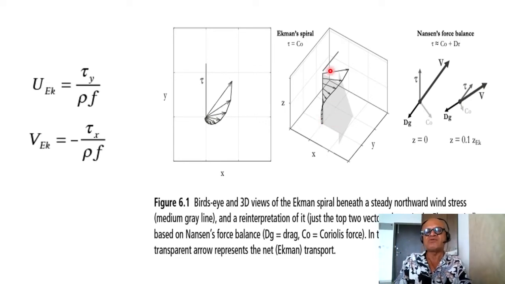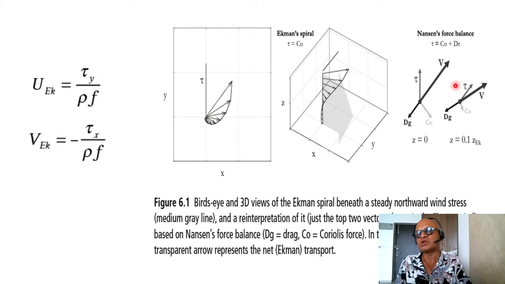Right, so if we integrate the currents over this depth, then you get Ekman transport, wind-driven transport, which is at right angle to the direction of the winds. Nansen had also used a drag, so you have winds in this direction, and there is the Coriolis acting to the right of the velocity, which is to the right of the winds themselves, and of course the drag would act opposite to the direction of motion,